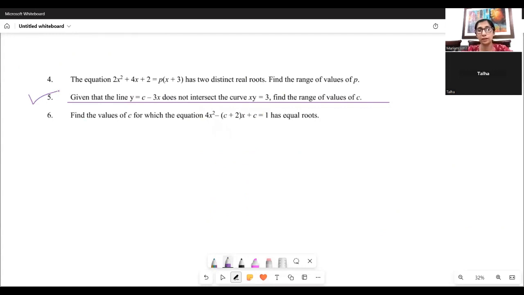Given that the line y equals c minus 3x does not intersect the curve xy equals 3, find the range of values of c. Given that the line y equals c minus 3x does not intersect with the curve, so it is a case of simultaneous equations where a curve and a line do not intersect. What is the property of discriminant in this case? B square minus 4AC